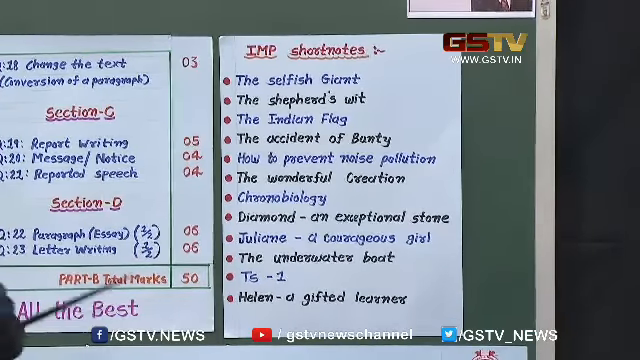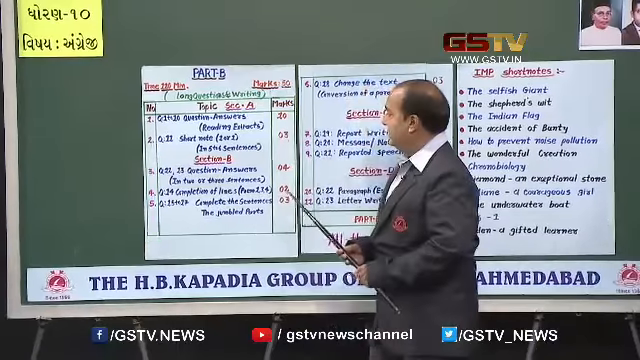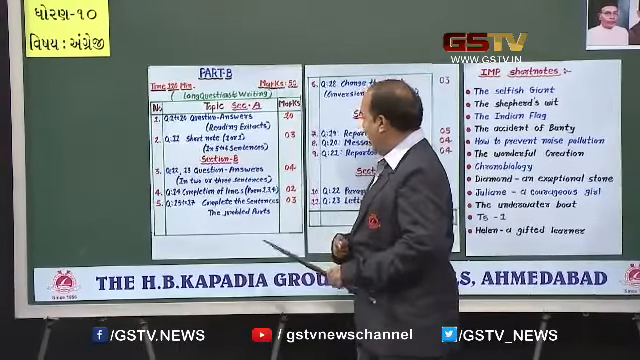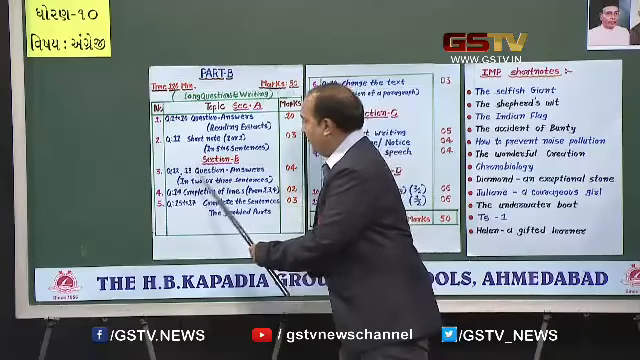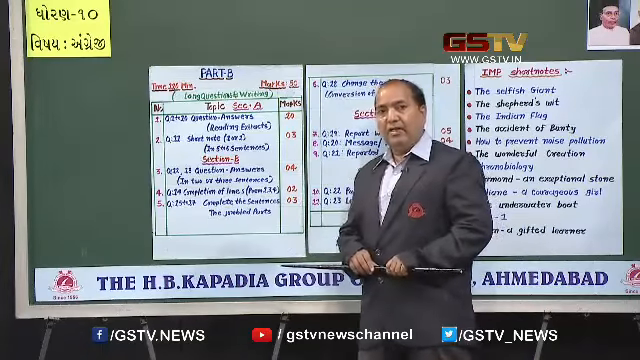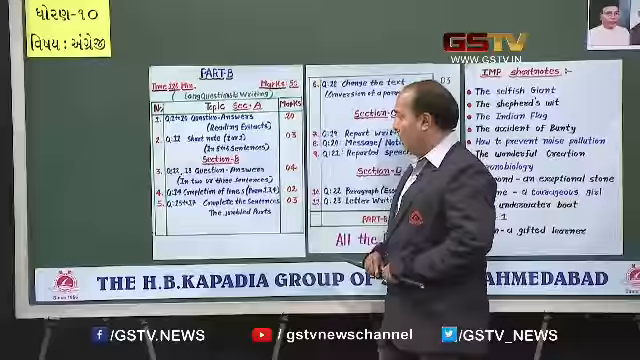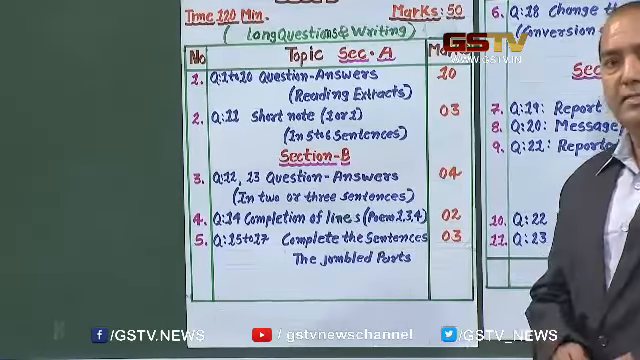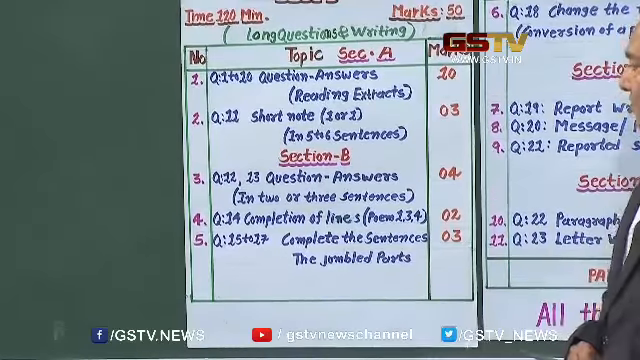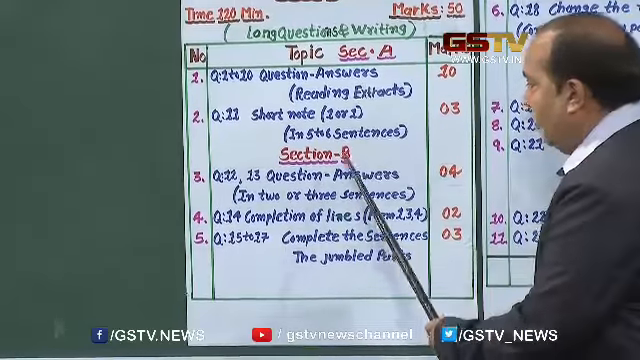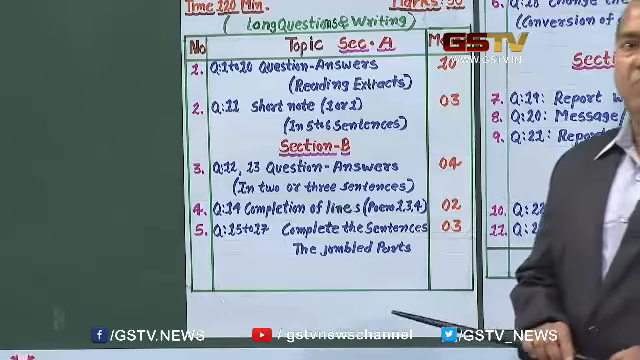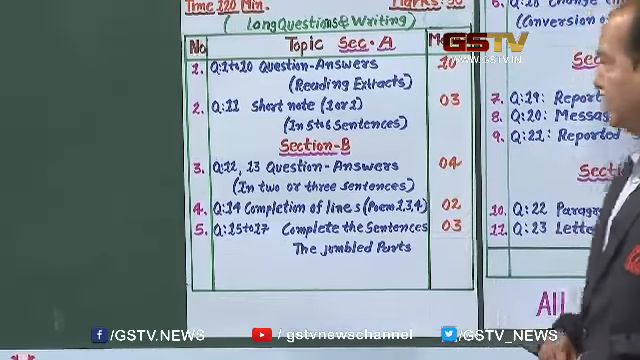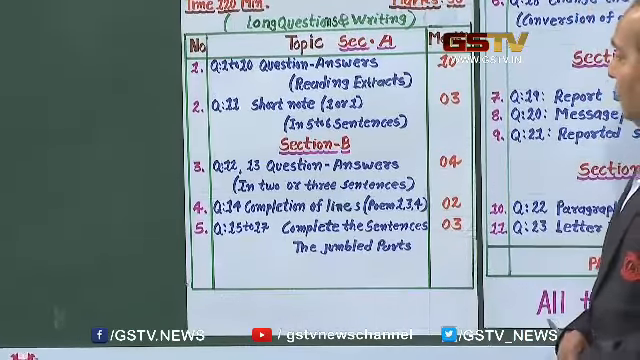And after the short note, in section B, you will be asked 2 questions which will carry 4 marks. It will also be from our detailed lessons number 1 to 15, and the answers to these questions will surely be helped by the short notes. And then you will be asked